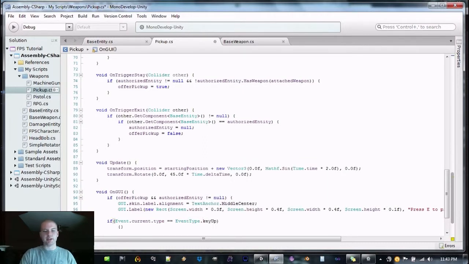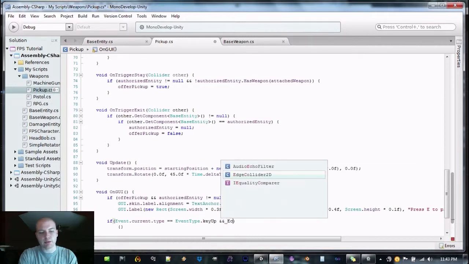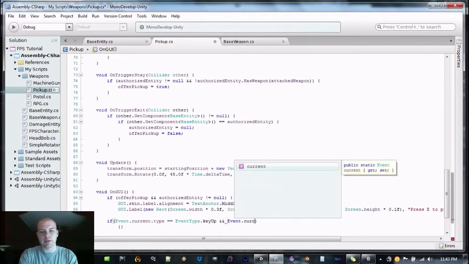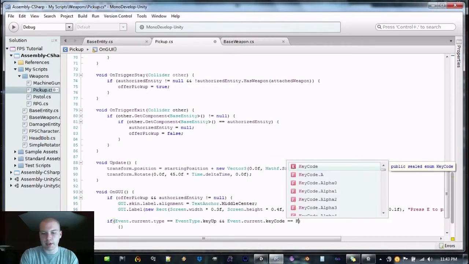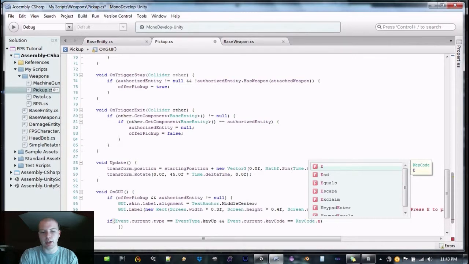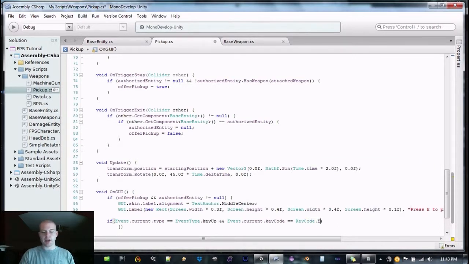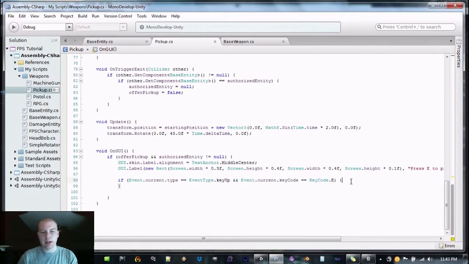Alright, so we're checking to see if someone released the key, and we're going to check and see if Event.current.keyCode is equal to KeyCode.E. So we check and see if someone released the E key, and if they did,